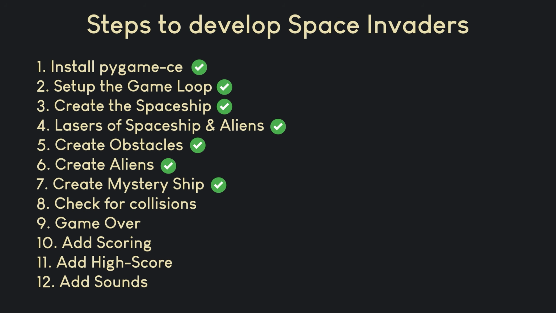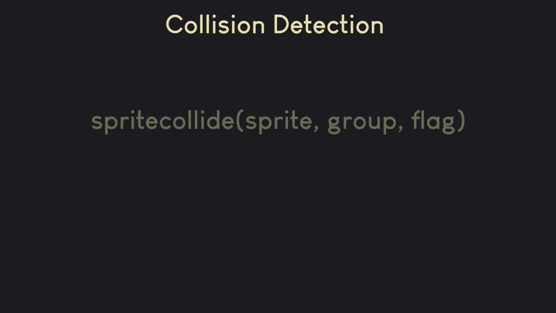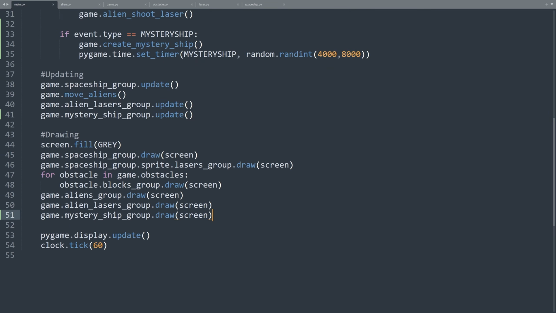We are now ready to move on to step number 8. Let's work on the collisions. You may think that collisions will be hard to implement, but thanks to the sprite class, collisions are actually an easy step in our game development. There is this very useful method, spritecollide. This method checks if a specific sprite collides with any of the sprites of a group. Not only that, it allows you to destroy the sprite it collides with automatically. Let's use it at once to better understand how it works.